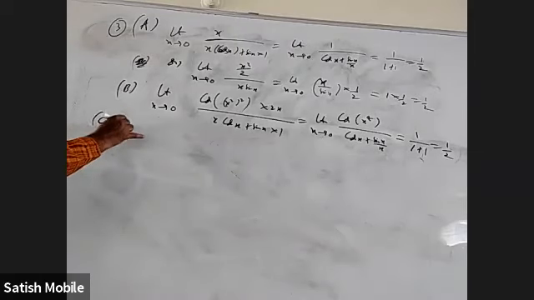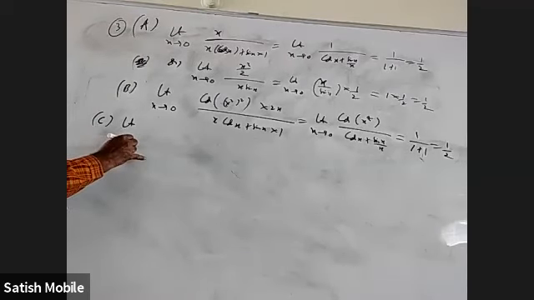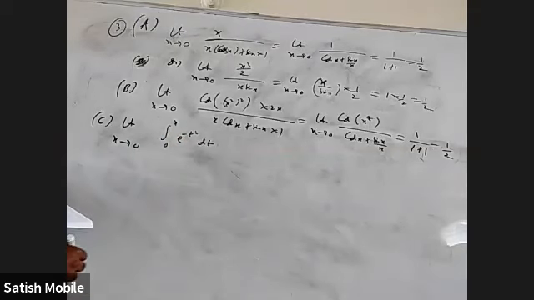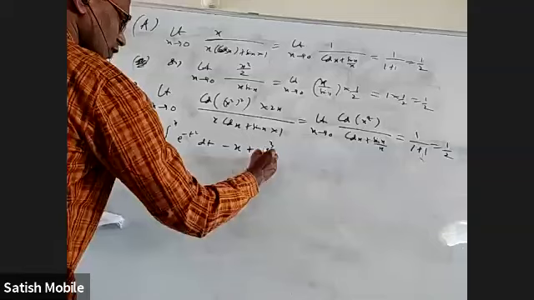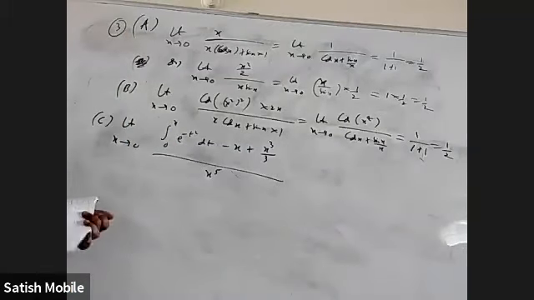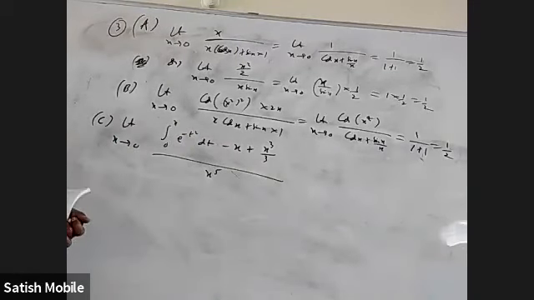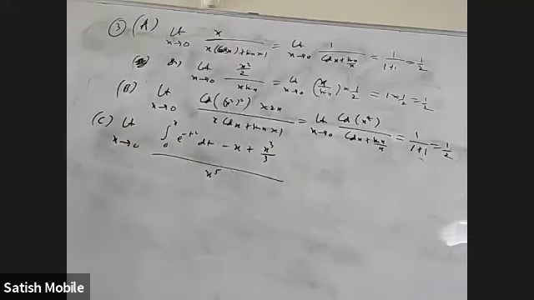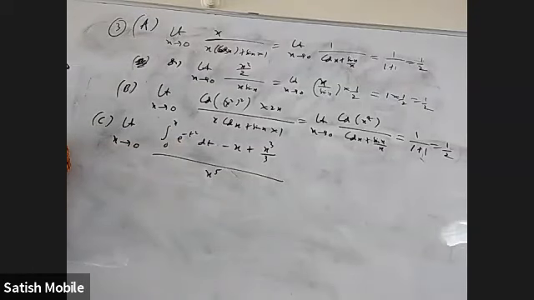Okay, in C bit, I want to take the LCM of the whole question. Limit x extends to 0, integral 0 to x e power minus t square dt, minus x plus x cube by 3, whole by x power 5. Basically 1 by x power 5 is there here. I took that common, and that's what I wrote in the denominator. Okay. If I directly put 0, this is 0, this is 0, this is 0, so it is 0 by 0 form. And I cannot find this integral. I don't necessarily say it is an indeterminate form. I can find this answer, but it is not so nice.